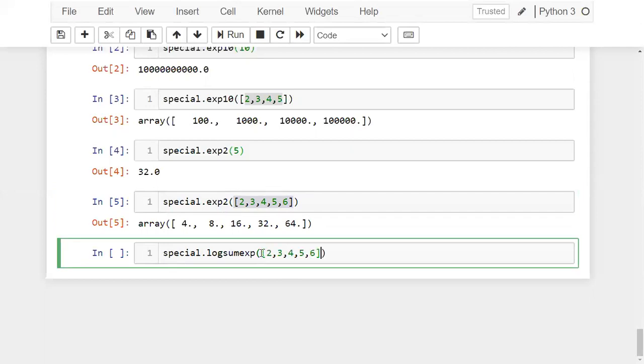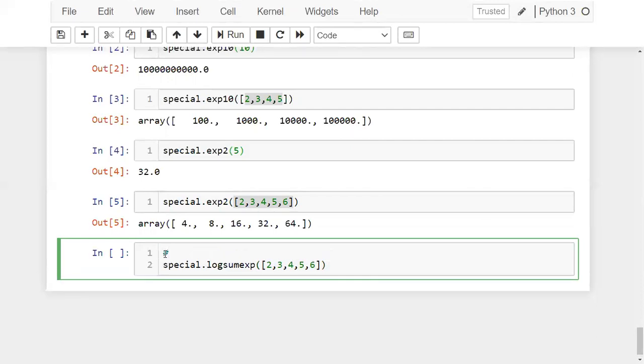Okay, now I'm passing it to my log sum expression. This log sum exp computes the logarithm of sum of exponential input elements. Okay, all the elements' exponential values will be calculated and that sum's logarithm value will be returned by this log sum exp. Okay, you just try to understand what it is performing.